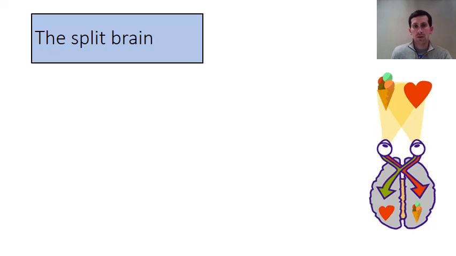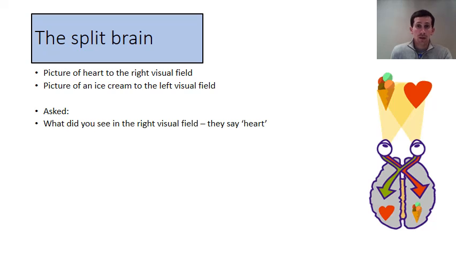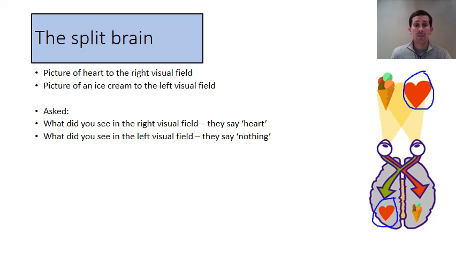So, you can see an image here. The picture of the heart is in the right visual field. In the left visual field, they're seeing an ice cream. If a patient who had split brain surgery was asked what they saw in the right visual field over here, they would say a heart. They can see it, and they have the language on that side of the brain in order to express what they saw. However, if they were asked about what they saw in their left visual field,